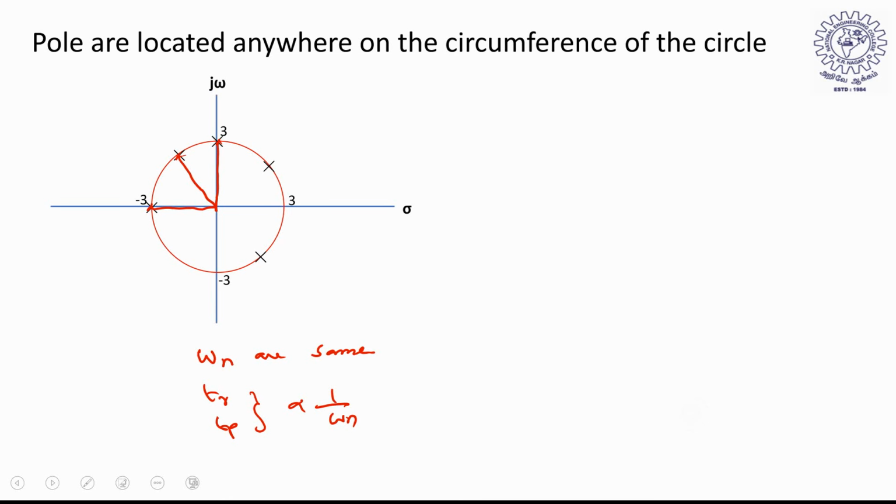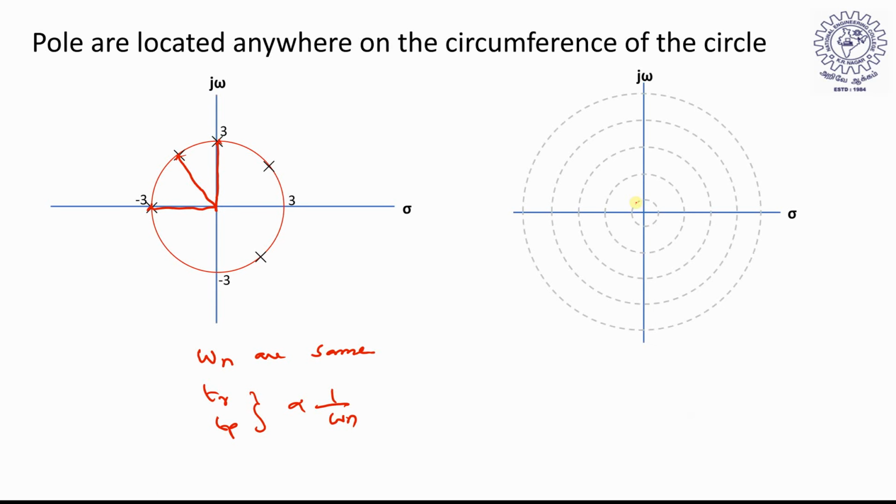So what may be the different family of curves? So here this is one omega n, this is another omega n, so let us consider omega n1, omega n2. So obviously omega n2 is larger than omega n1. So this system is faster than the system that has omega n1. So that observation we can obtain. Since the frequency is very large, this is a very quick responding system. That information we can gather from this.